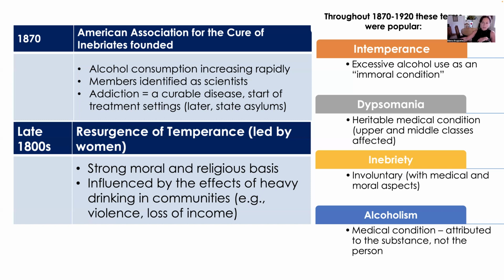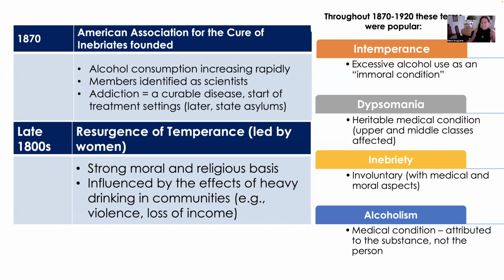Later on, we see the establishment of state asylums. In the late 1800s, well, during the Civil War, the temperance movement kind of was shadowed by what was going on with the war, and it kind of died down a little bit. But after the Civil War, we started to see that temperance movement rising up again. And a lot of that was the actions of a lot of women. And women who were also, interestingly enough, working toward the suffragist movement, the right to vote, which happened around the same time as Prohibition. And so we get these women leaders, and it's a very, very strong moral and religious